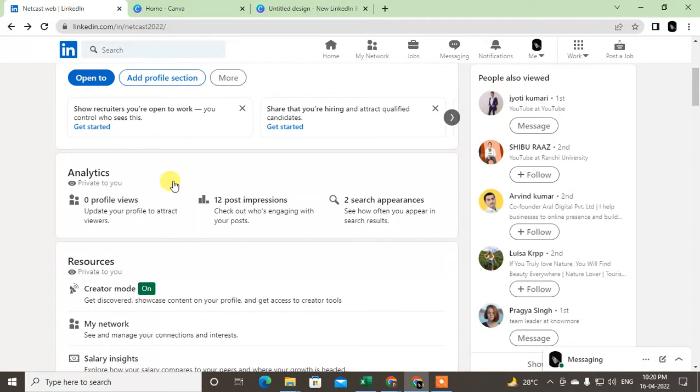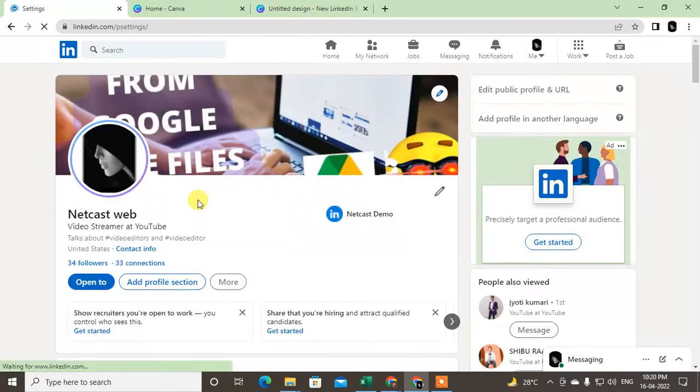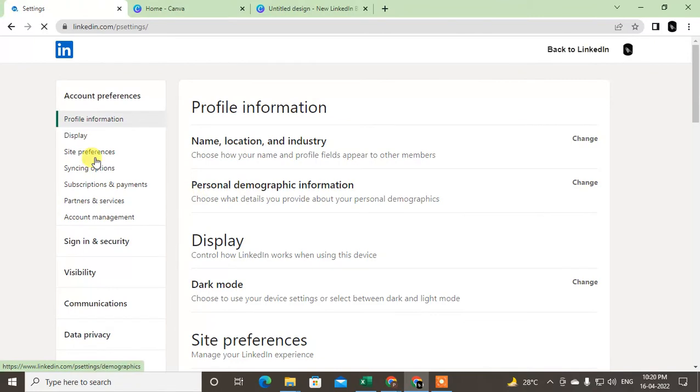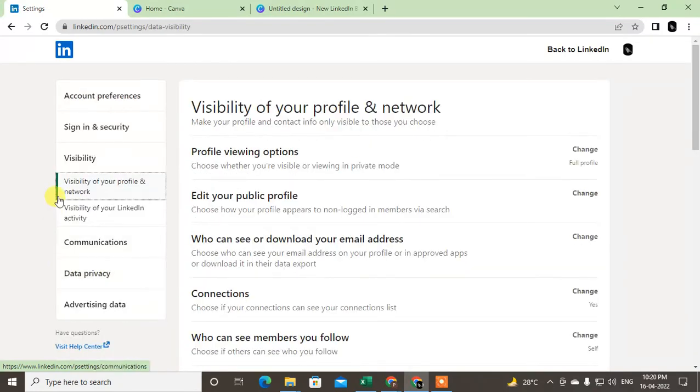So if this option is not showing on your LinkedIn, you have to check one setting in your LinkedIn privacy settings. So how can you check it? Go to the Me option, click on the down arrow, and go to Settings and Privacy. Under Settings and Privacy you can see lots of options. Here you have to go to Visibility. Under the first option you will see the option called Profile viewing options. Just click on it